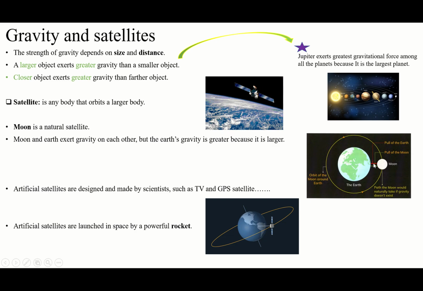Even if I remove the direction, you will just know it. Which one is the gravitational force of Earth? Which one is the moon? Even if we just forget the direction, the larger one is Earth, the smaller one is Moon. Why? Because Earth is larger and has the greater gravity. Moon is smaller, with a smaller gravity. That's why the arrow must be smaller, and because the Earth is large, the gravity of Earth is great, so the arrow must be a large size.